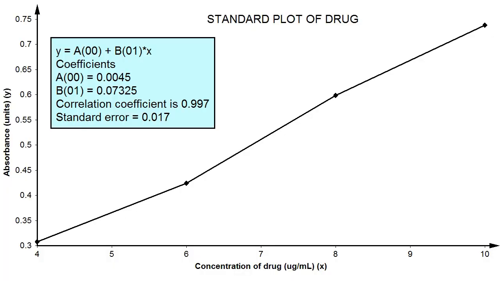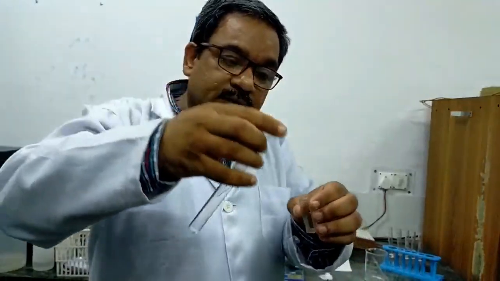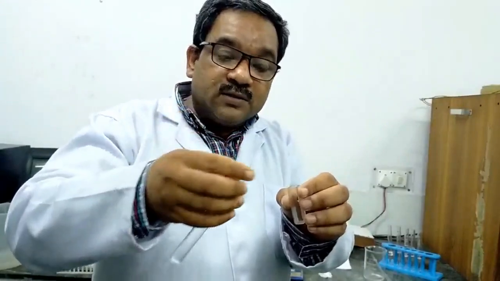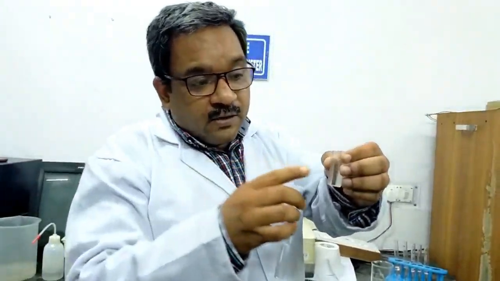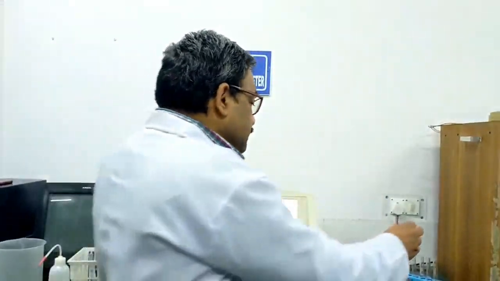So friends, in this way we will prepare the standard curve. Remember, standard curve is the known concentration and we know the response in absorbance units. Then let's see how the Excel plot comes out, what is the R square value and equation of the line. We have the unknown concentration, so I placed the blank, and let's see what is the concentration using all these standard curves. Again it is placed into the cuvette holders and let's check what is the absorbance of this.